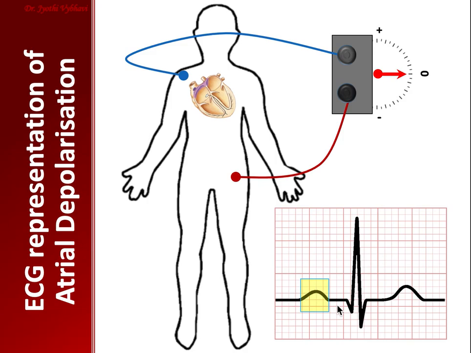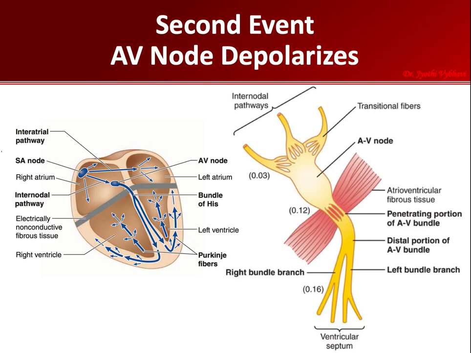Okay, we'll move on to the second electrical event. This depolarization comes here and hits the fibrous band. Most of the depolarization hits this fibrous band, called the fibrous annulus. This is not a good conductor, so all the depolarization waves hitting this fibrous band will die and won't be transferred across. So the only electrical window where the depolarization wave from the SA node travels to the ventricle is through the AV node. Only the waves which reach the AV node can travel to the ventricle.